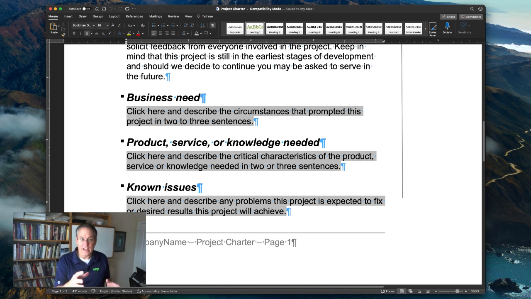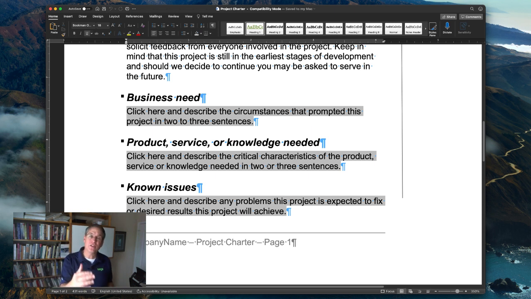So the next section I should talk about is this notion of the business needs. So again, two or three sentences to describe what prompted this, what was the reason for this happening? Why do we think we need to do whatever this project is supposed to do? What endeavor are we undertaking and what's the rationale for it? So we need to describe that.